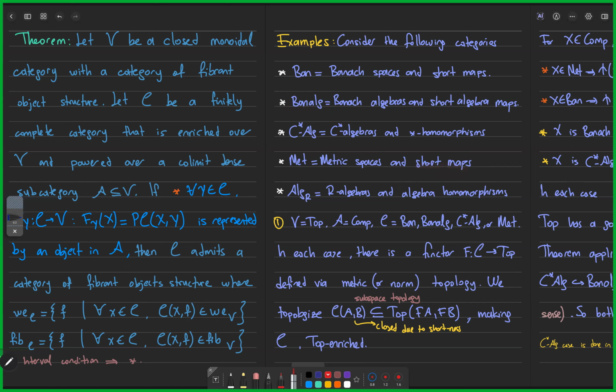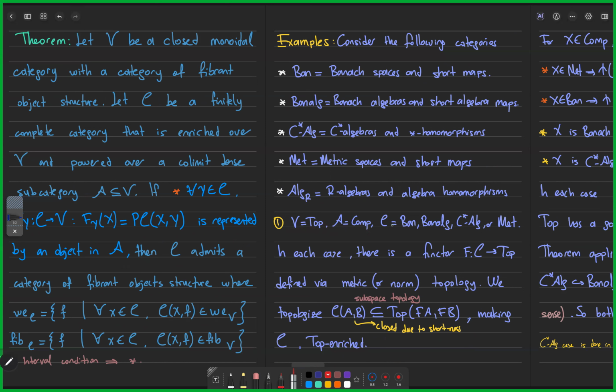And Alg_R is the category of R-algebras and algebra homomorphisms, where R is any ring with unity. So if we choose V as Top,